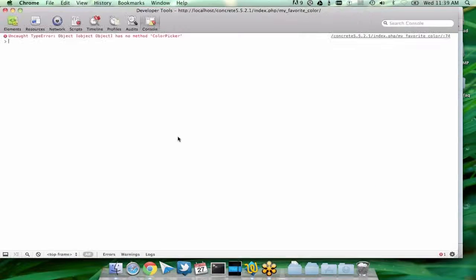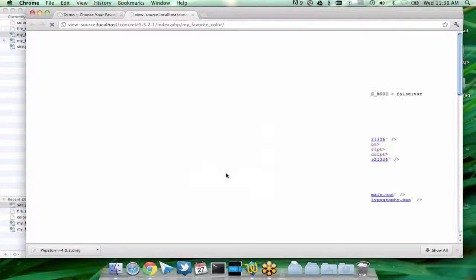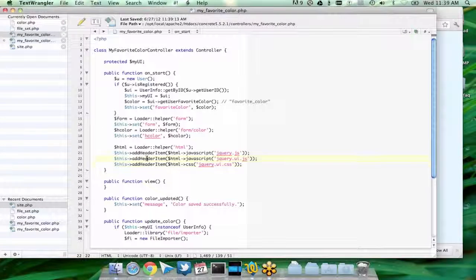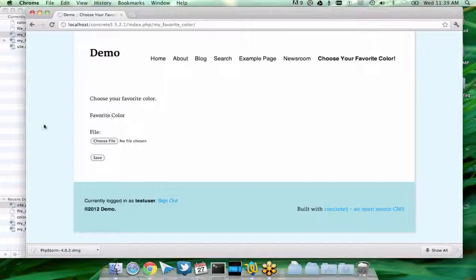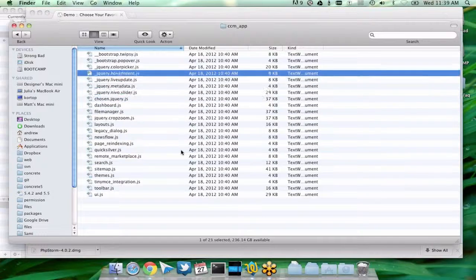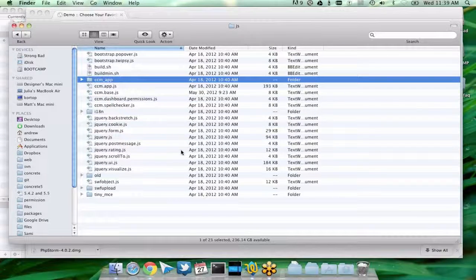Did not help. Let's take a look. Those seem to be working fairly well. Let's try adding these to the footer instead. No. Oh, jQuery.colorPicker is actually its own JavaScript library, which I did not know or forgot. So